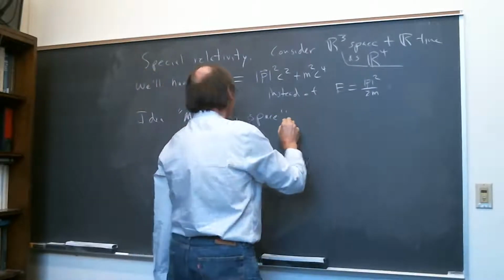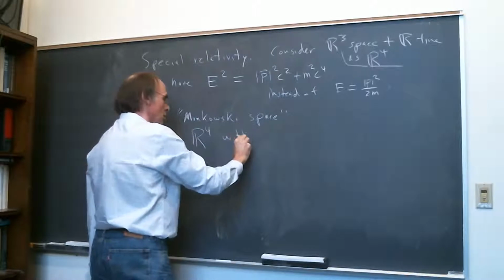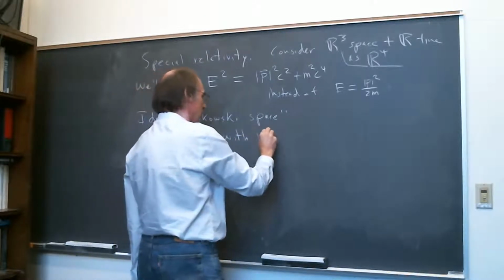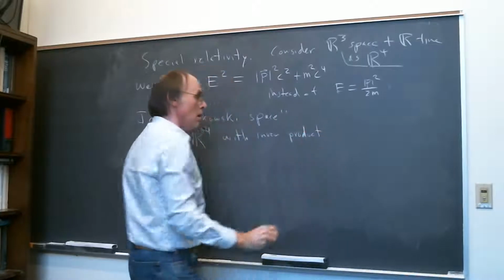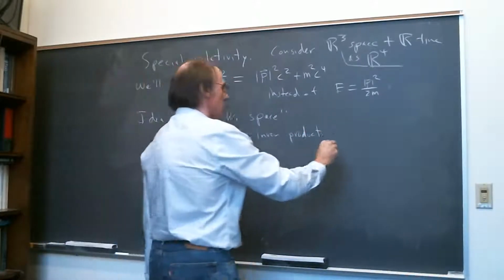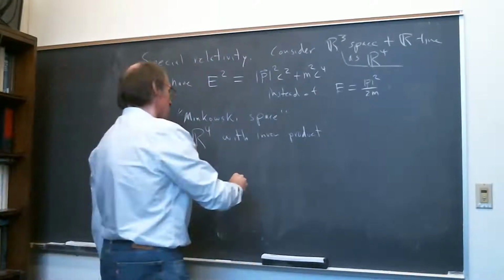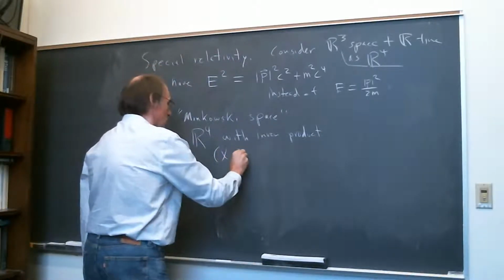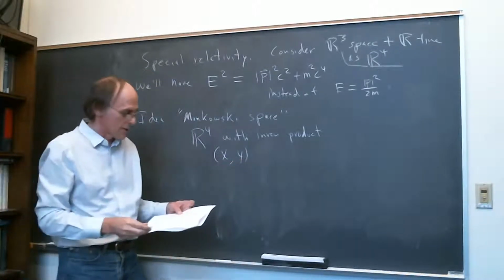Which is R4 with inner product. What do I call it? X. So X, Y. These are both elements of R4, and you can write them as